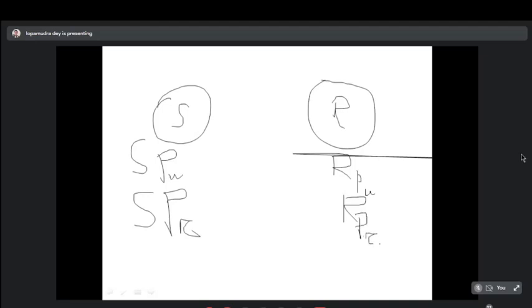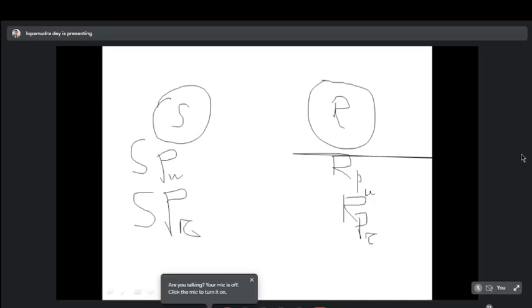Just like the sender and receiver, if there are, for example, 25 students in today's class, each and every individual must have two keys if you want to communicate with the help of asymmetric cryptography. Understood? This is not like symmetric key, where the same key is shared between the sender and receiver. In asymmetric key cryptography, each and every individual must have two keys, one public key and another private key. The sender has a public key and a private key, and the receiver has a private key and a public key.